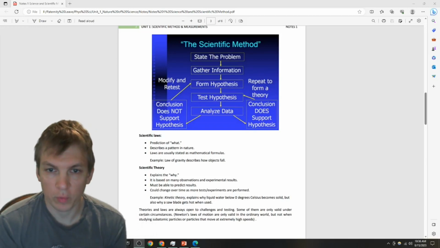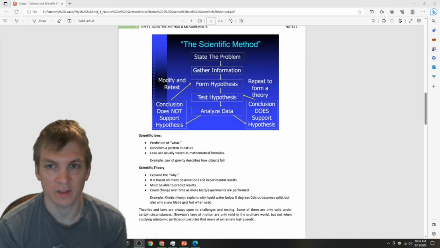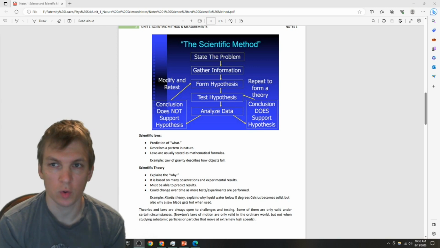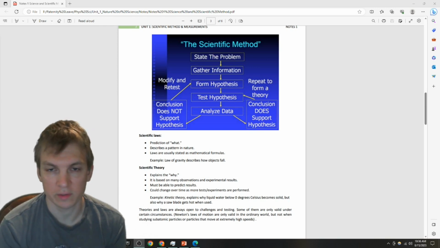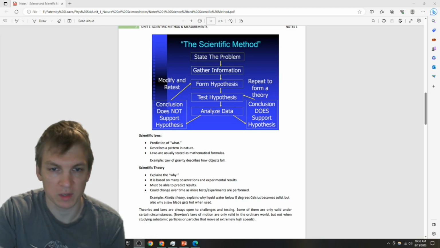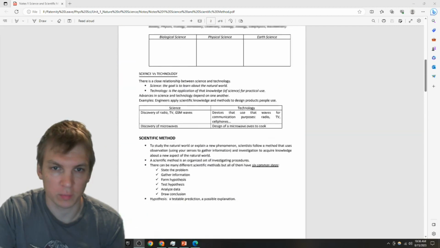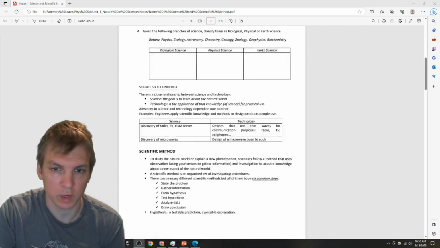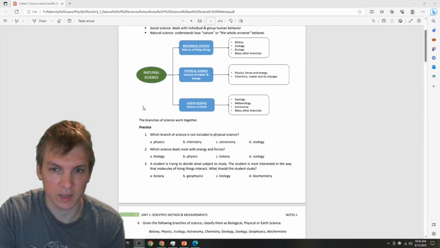All right, welcome everyone. Today we're going to talk about the scientific method. It's Unit 1, Notes 1 continued. So if you're following along with the guided notes provided on Canvas or you have a printout, it is simply starting on page 3. So we've done already page 1 and 2 talking about the nature of science and covering